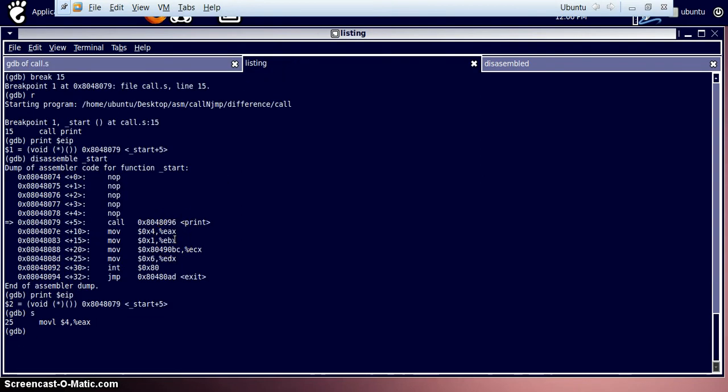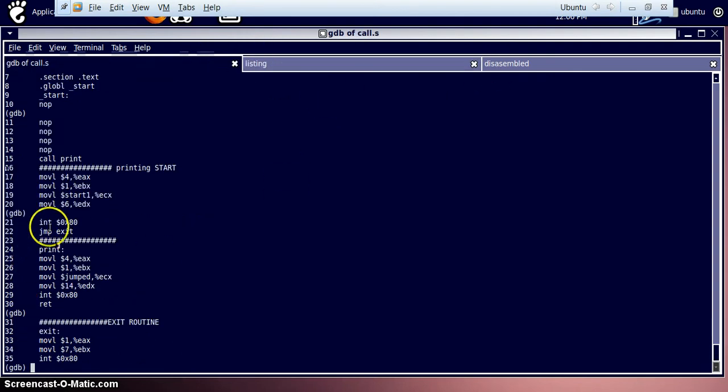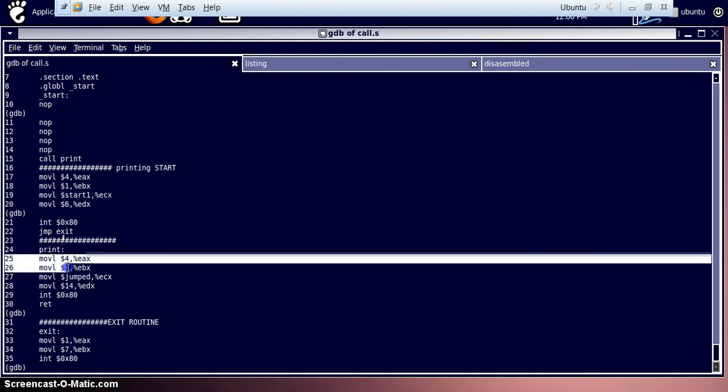Understood? So before it, let's print our instruction pointer. Our instruction pointer is at 8096. Where has it reached? Actually, we have reached this place. According to the program, we call the print, and the print section should be reached.